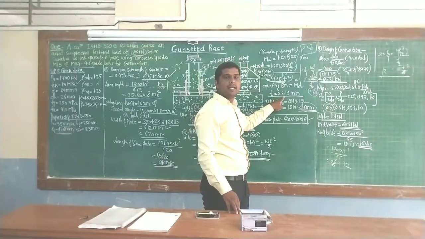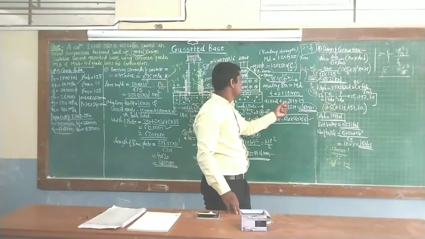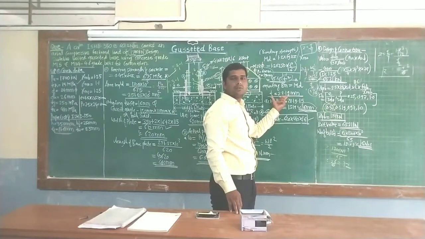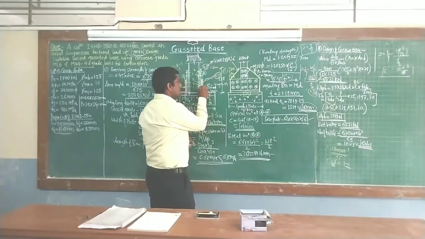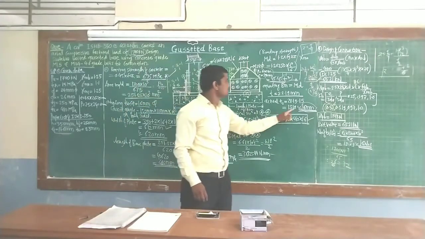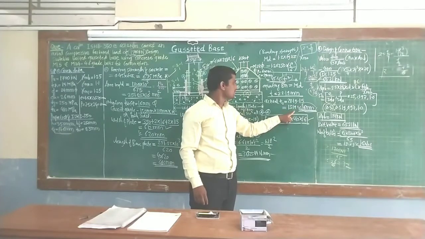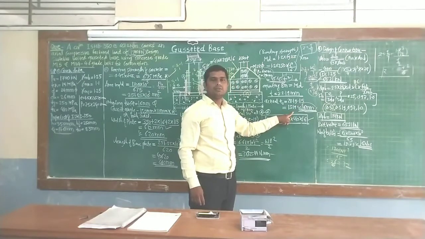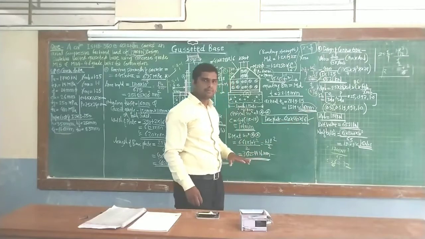the thickness of base plate is 28.19 mm. Now we are going to find out the actual thickness, because the thickness of angle section is 15 mm, we are going to subtract that value from the thickness of base plate. Then we get the actual thickness as 13.19, nearly equal to, so we are going to consider 16 mm.